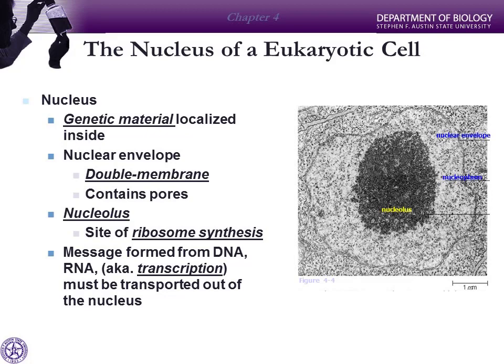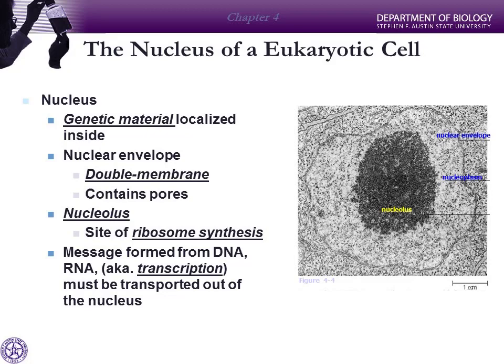Now, this is a very high-magnification electron microscope picture of a nucleus. You can see this line, and if you could look closely, you would see there were two dark lines. That's the double membrane of the nucleus. We have our genetic material inside. And then right in the center, often it's in the center of the nucleus, you see this really dark spot. This really dark spot is called the nucleolus. And in the nucleolus, this is where you're beginning to produce and assemble the components of the ribosome.